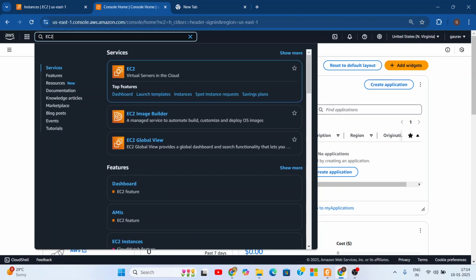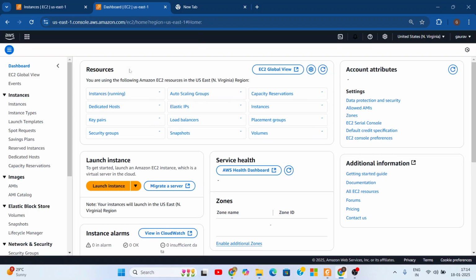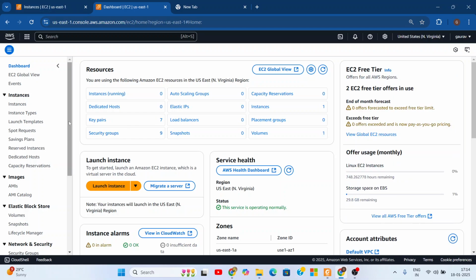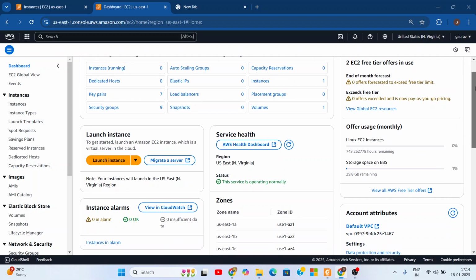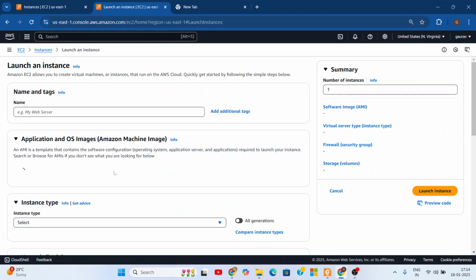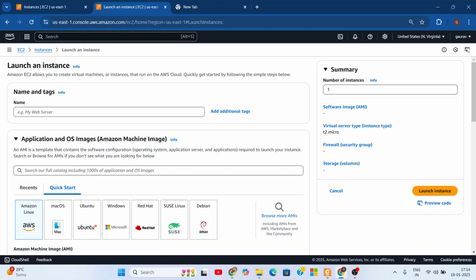Okay, and I click on this particular EC2, that is a virtual server in the cloud. So I just click on the EC2 instance. After that, what you have to do now, this page shows you what different resources are available. Then you click on launch instances, and in the launch instances you specify